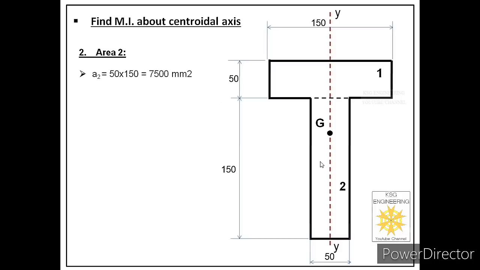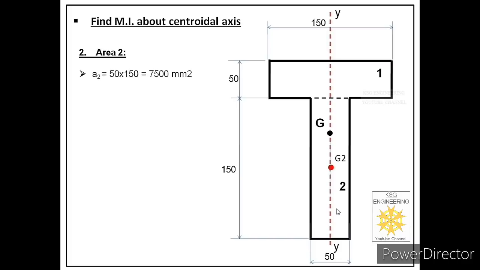Now what is the next step? Next step is find its centroid. So its centroid will lie at L by 2 and B by 2. So L is 50. So it means from this end 25 and from the bottom it will be at 75. So you see, this is 25 and this is 75. What is the next step? From that centroid, draw one axis parallel to the main axis. So see, the main axis is a vertical axis and the centroid is lying on the main axis. So when you draw an axis on the centroid, it will be in line with the main axis.